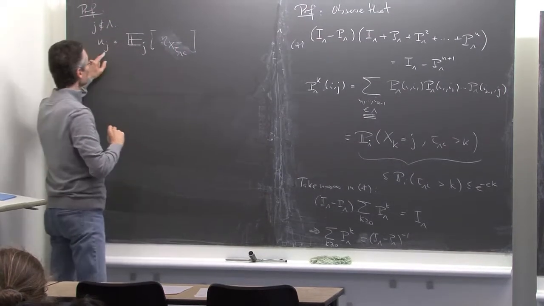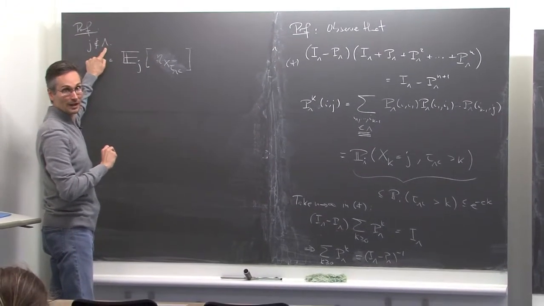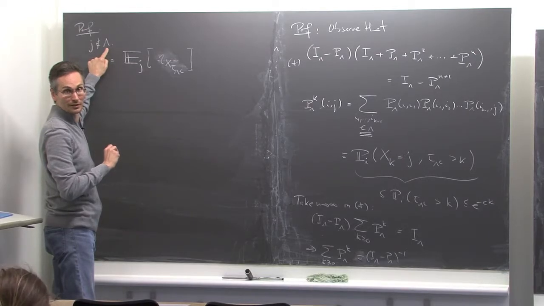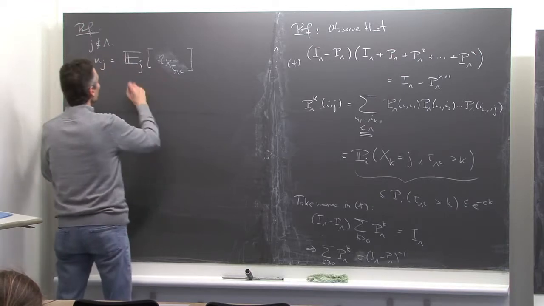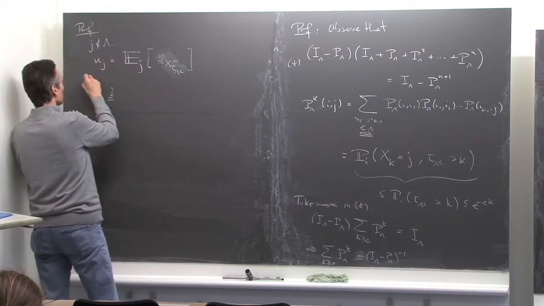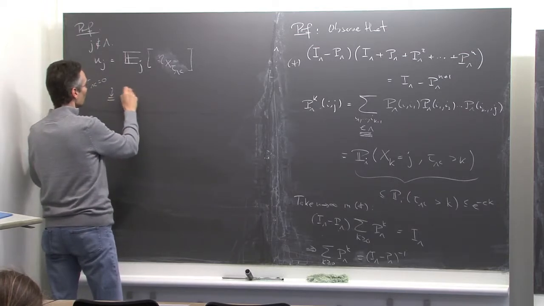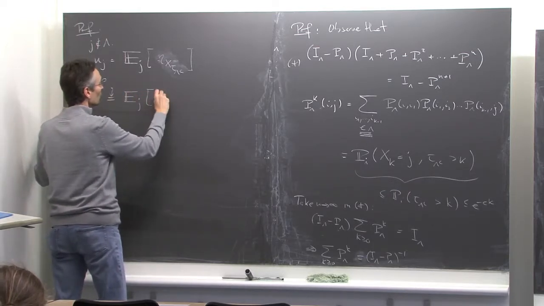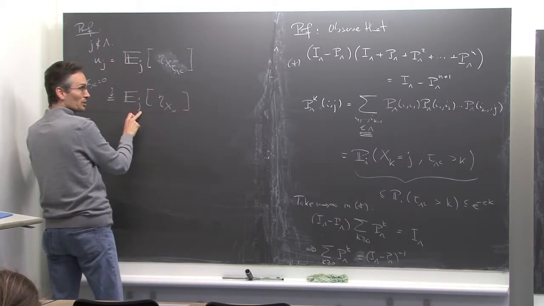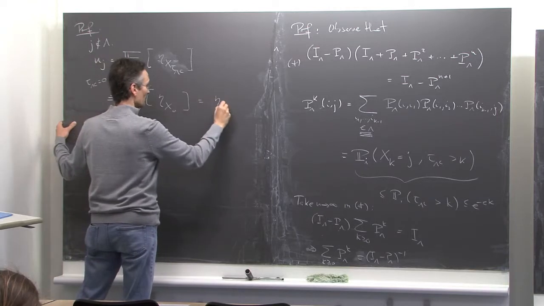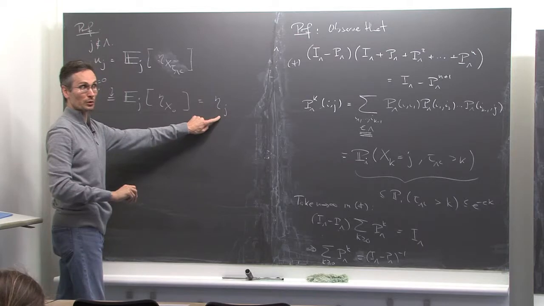Now j, by assumption, is not in lambda. So what is the first time where the walk is not in lambda? Well, it's time 0. It's already not in lambda at time 0. So tau lambda c is equal to 0, almost surely. So this is the expectation of eta of x0, but x0 is just j under this measure with probability 1. So this is just eta j. So indeed, u_j is equal to eta j, so it satisfies the boundary condition we want.